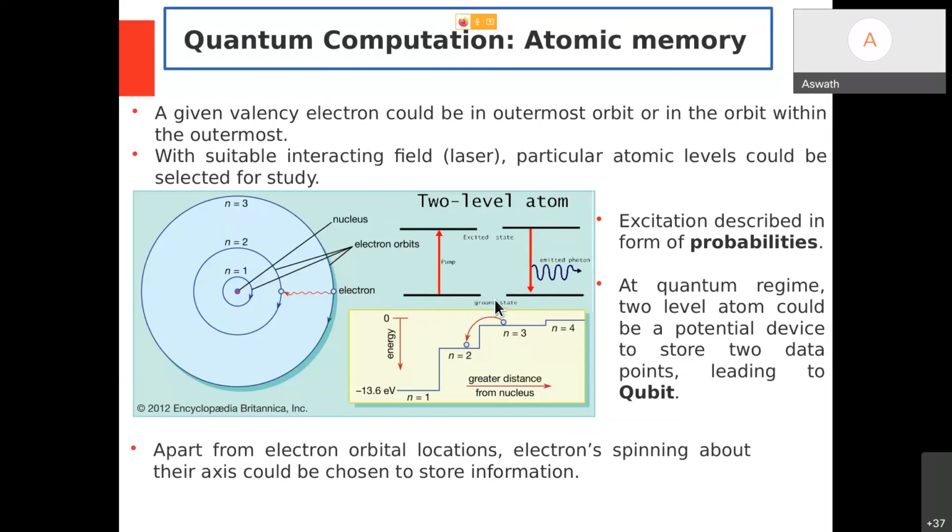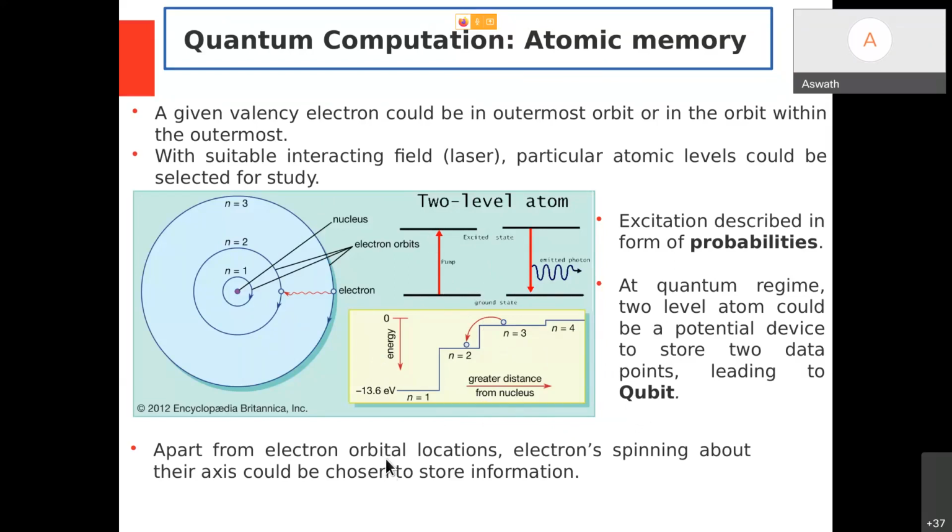Those things I can use to store 2 bits of information, that is 0 and 1 at a time on a given atom. That's how quantum memory is being realized. Not only that, I can take one more orbit. I can store 3 bits of information on a single atom, right? It's called a qubit. A quantum bit means storing 2 bits of information on a given atom. With 3 states saved on a single atom with 3 orbits used, the possibility of realizing a quantum qubit on an atom is using the orbits.